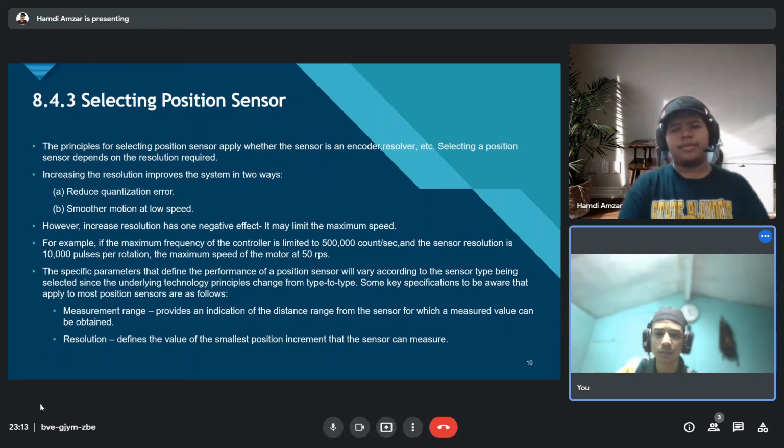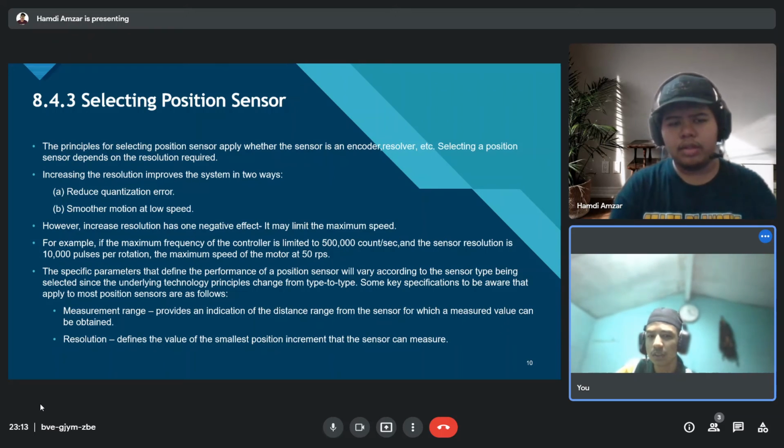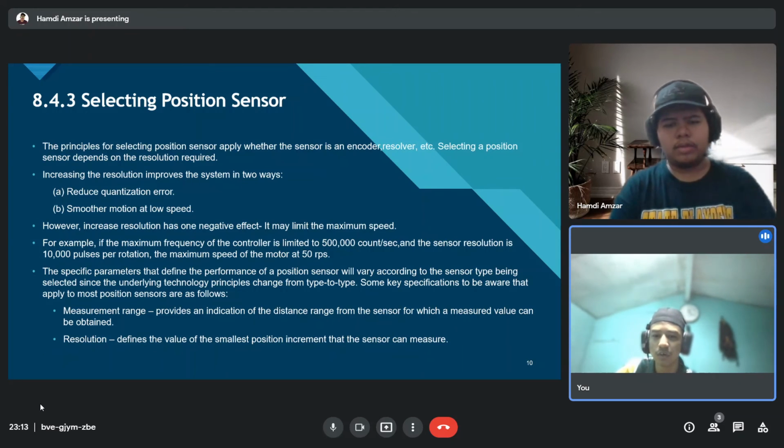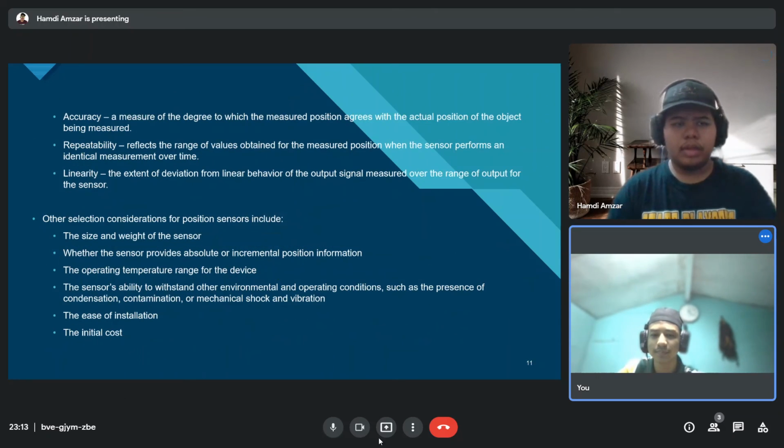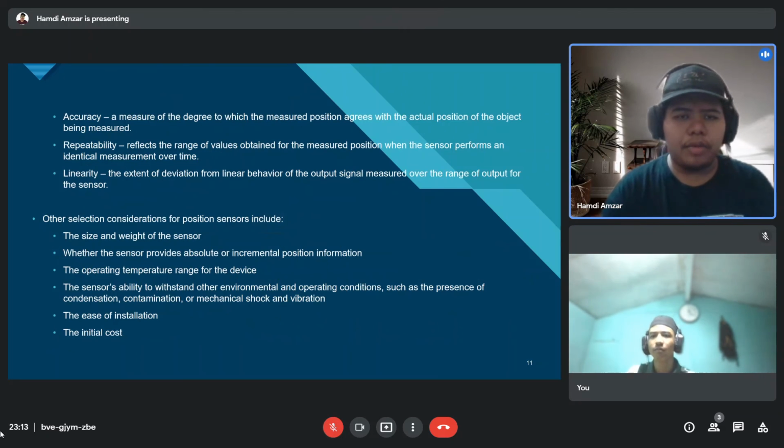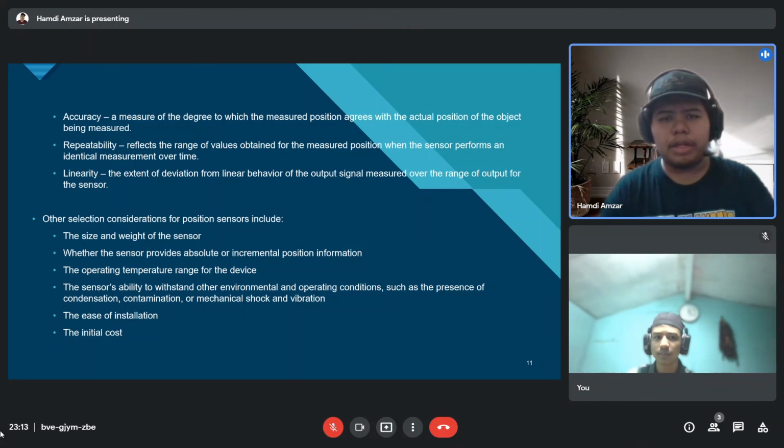Some key specifications to be aware of that apply to most position sensors are as follows. Measurement range. Provides an indication of the distance range for which a measured value can be obtained by the sensor. Resolution. Defines the value of the smallest position increment that the sensor can measure. Accuracy, a measure of the degree to which the measured position agrees with the actual position of the object being